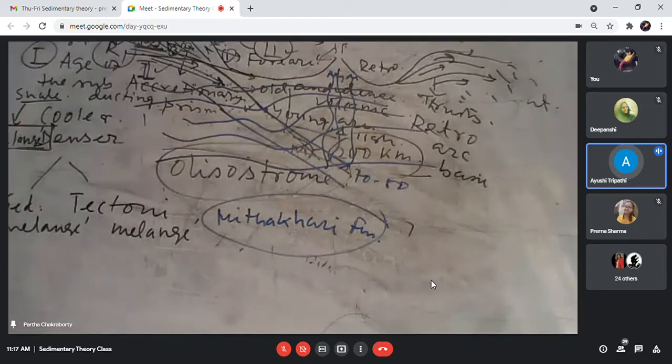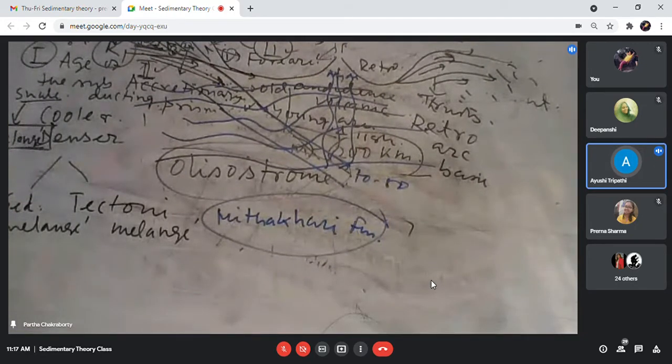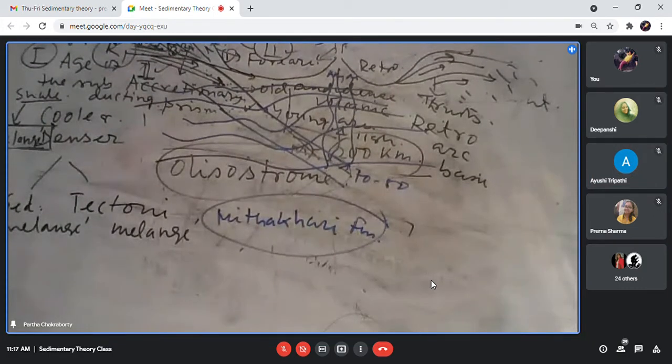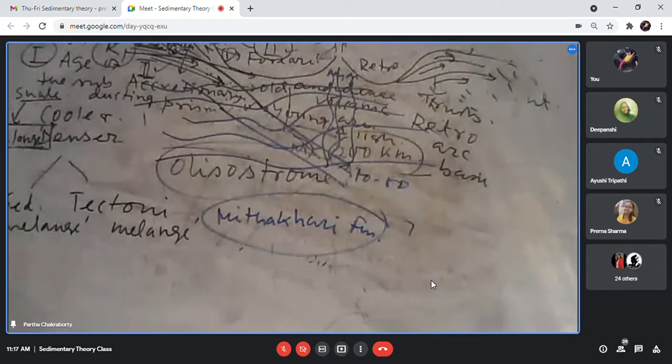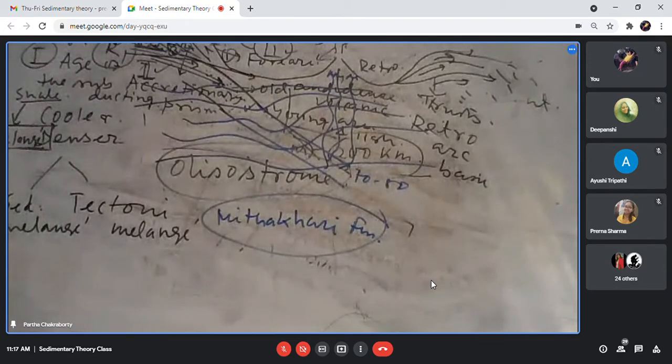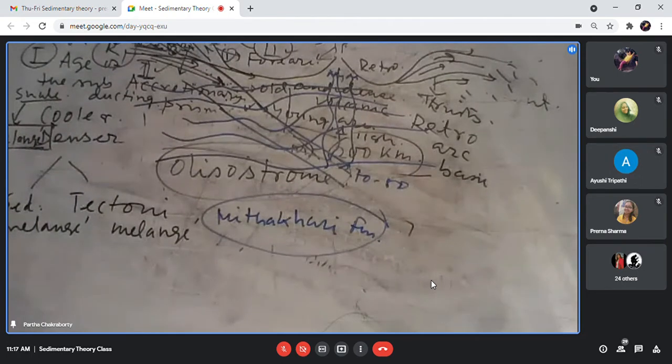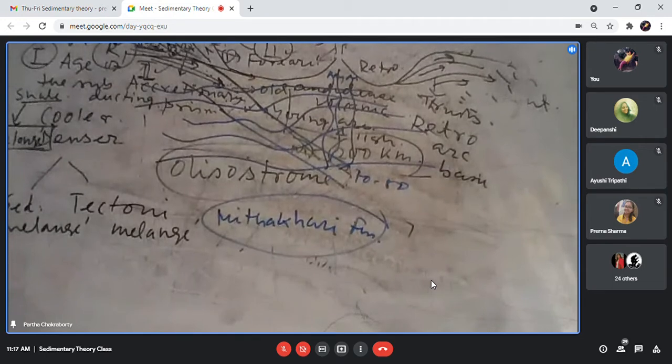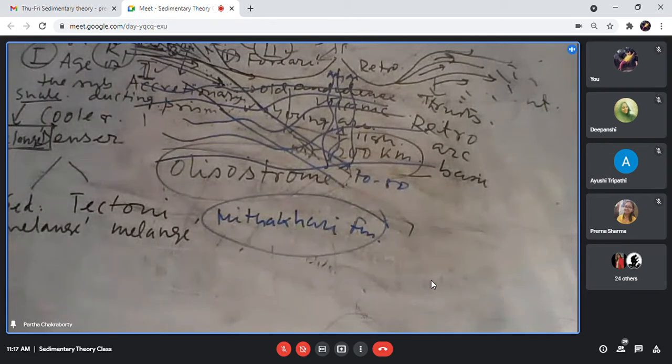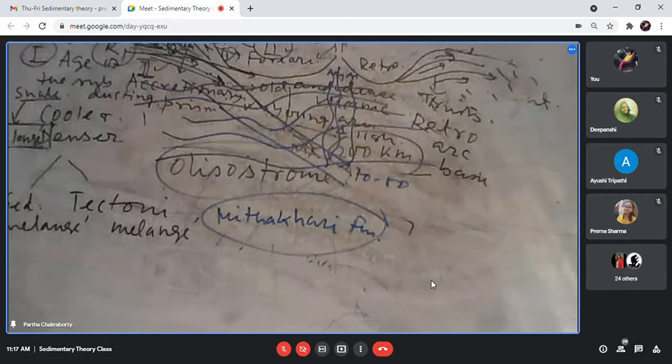What you are saying, obduction happens in a later setting. Exactly, when volcanism happens, that volcanism makes the crust of that basin, right? Yes, sir. So now suppose I have got two ophiolites: one ophiolite that is obducted from the volcanism of the mid-oceanic ridge, and another ophiolite that is obducted after the volcanism in the back arc. Now when I get two ophiolites in the geological succession, how do I identify this is an ophiolite of mid-oceanic ridge origin or this is an ophiolite of back-arc origin? That is my question. Okay sir.